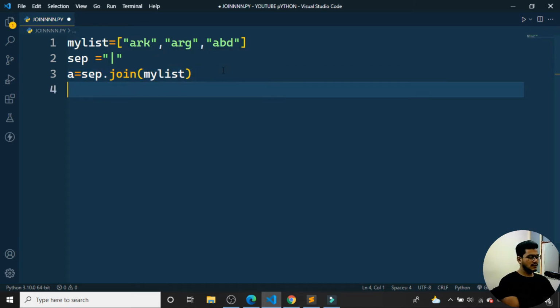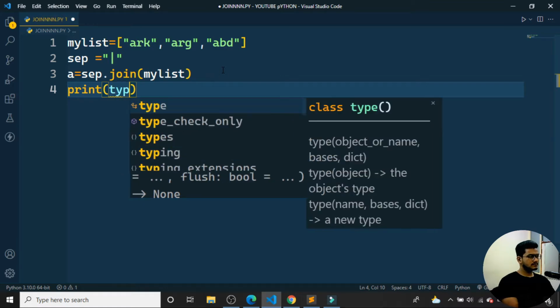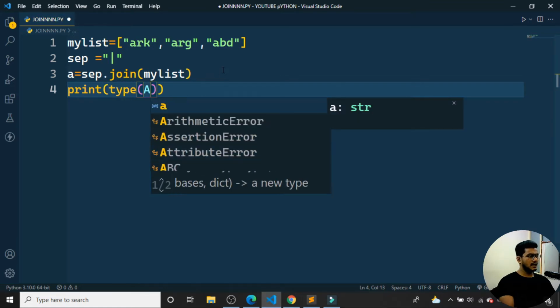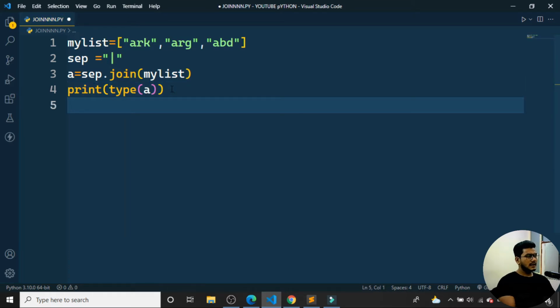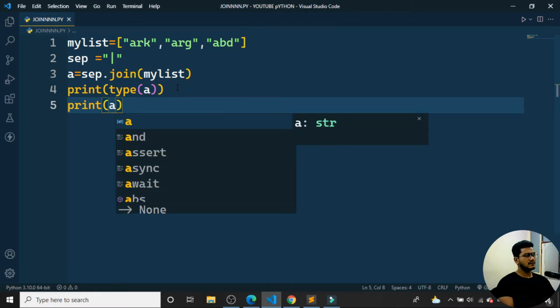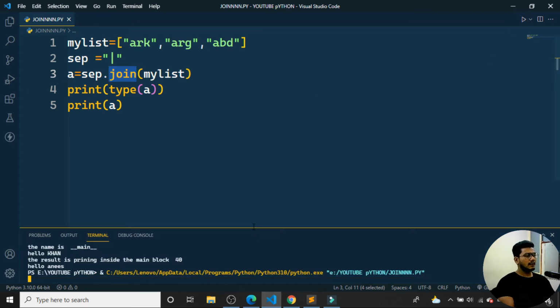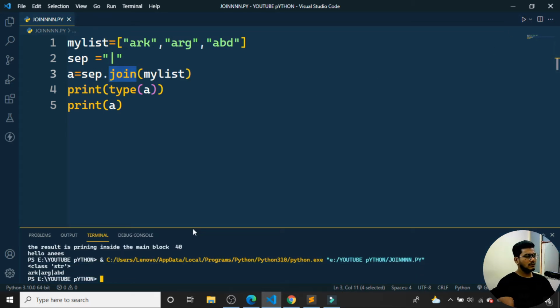Then after this one, I'll print the type of the variable a, that is a small a. Then I want to print the values of a, whatever output is generated using the join function. When I run the program, you will be able to see in my terminal what is happening here.